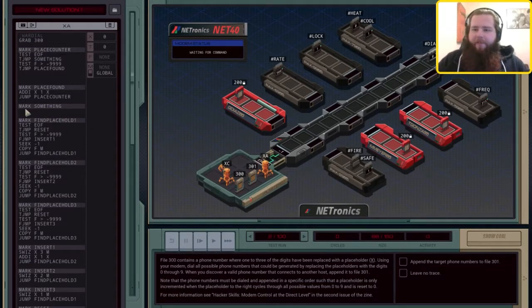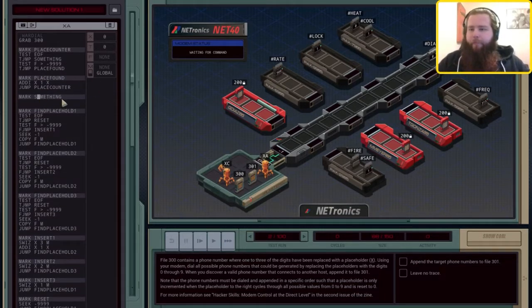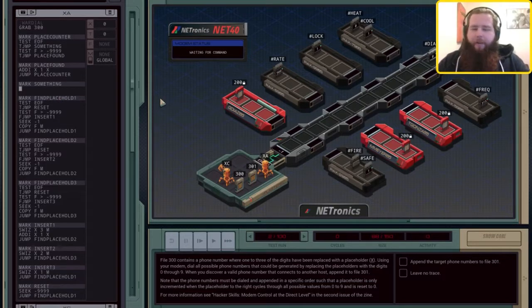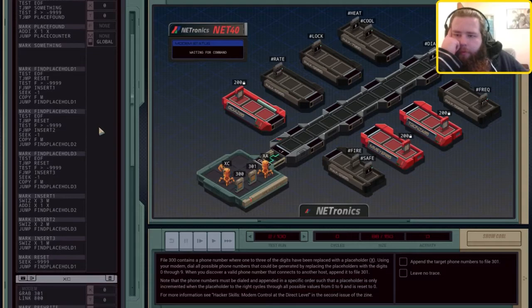Alright, so we need a thing here to deal with what we've just done here. Once we've counted up all of the placeholders, we need to do a thing with them. I don't know what. But we need a way of figuring out... Yeah, actually... Well, okay, so we need to...